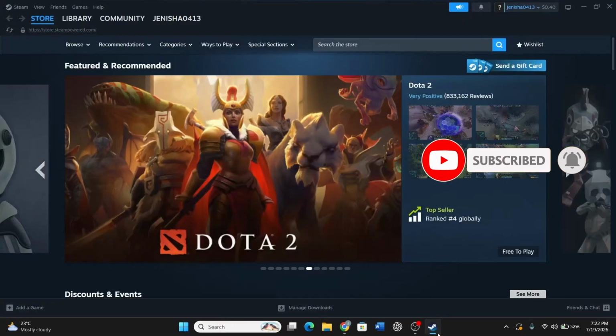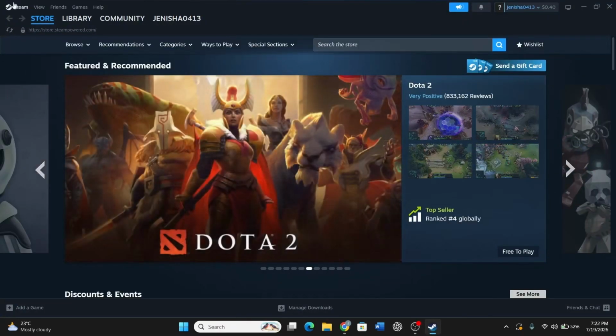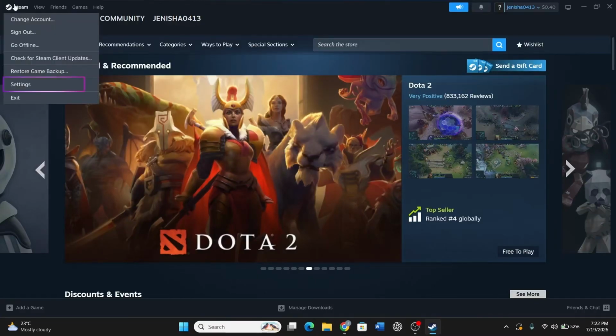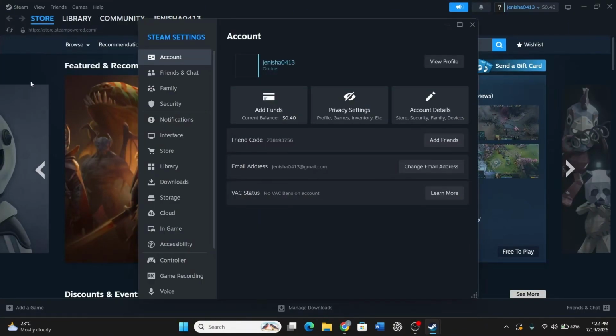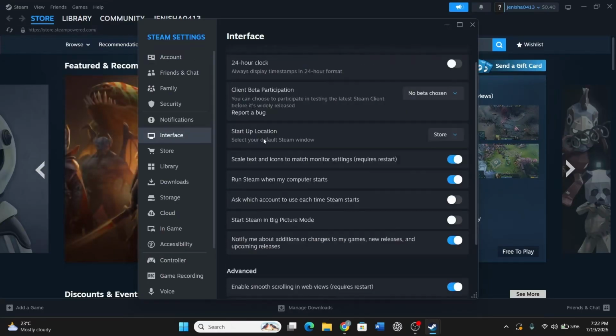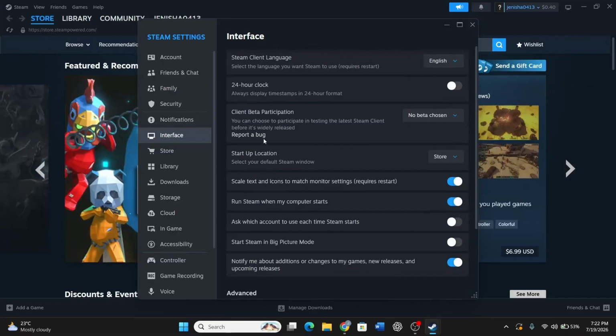After that, click on Steam at the top left corner. From there, click on Settings. At this point, click on the Interface tab. In the next step, this tab won't show linked accounts directly, so instead, close Settings and go to your Steam